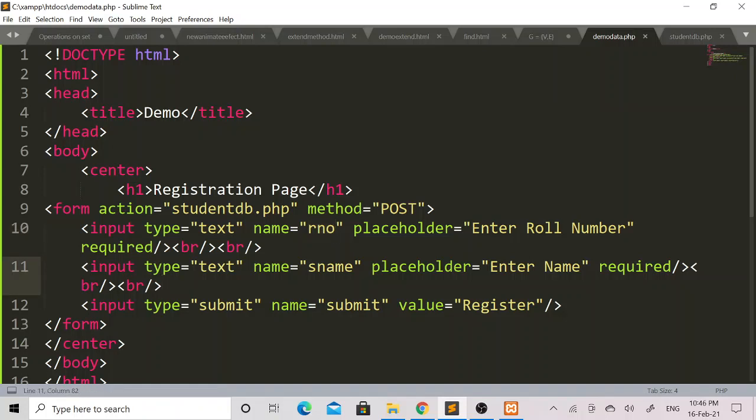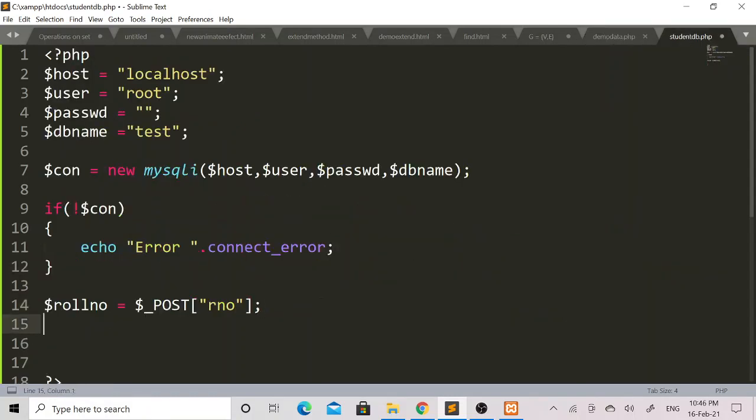Then in the student name text field, I have set the sname value to the name attribute. Here I will declare another variable $stname equal to $_POST, open square bracket, close square bracket, within double quotes I will mention sname.